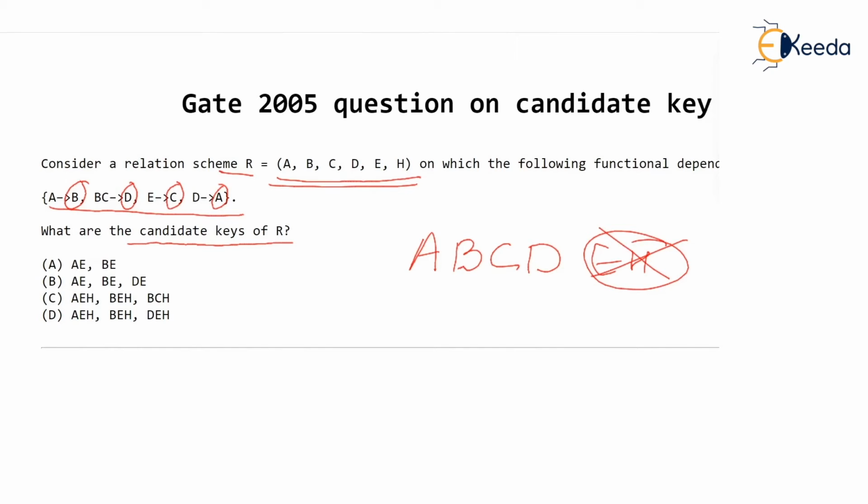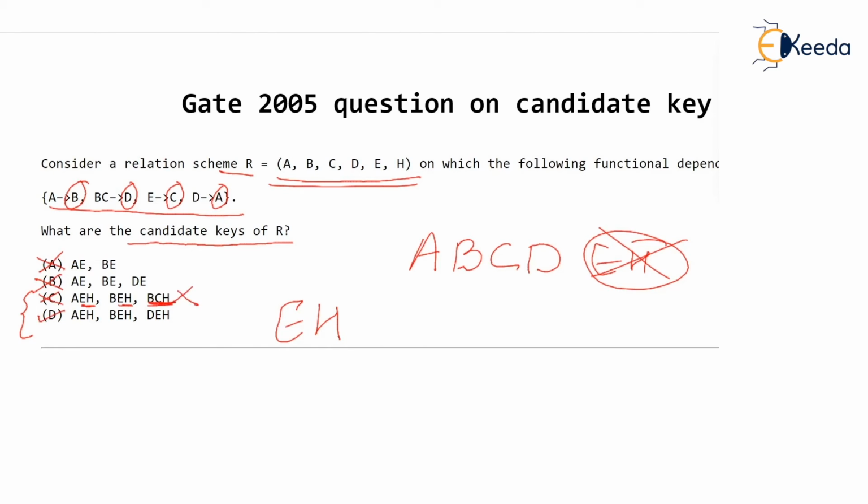So definitely the candidate key must contain E and H. I'm not saying E and H is the candidate key, but E and H must be part of the candidate key. Definitely AE, BE, DE cannot be candidate keys. These two options are still open, correct or not? So here what they are asking is E and H, you watch. EH, and BCH. Watch this, BCH. You can't have this because E and H have to be part of the candidate key. Are you understanding? So BCH cannot be a candidate key. Then option D is correct.